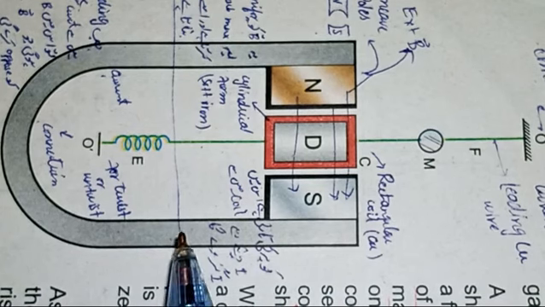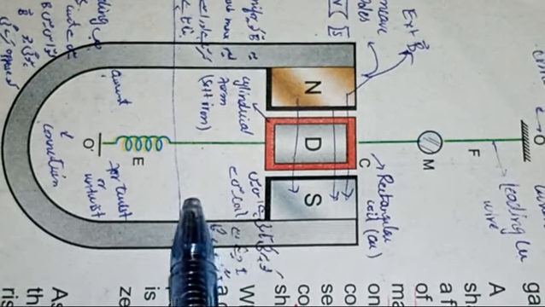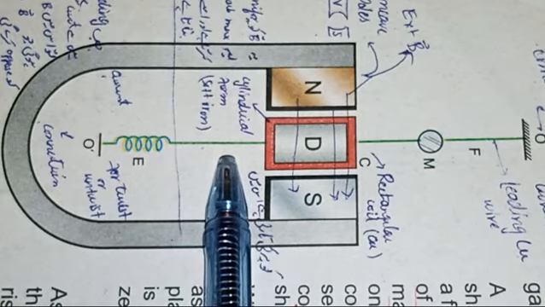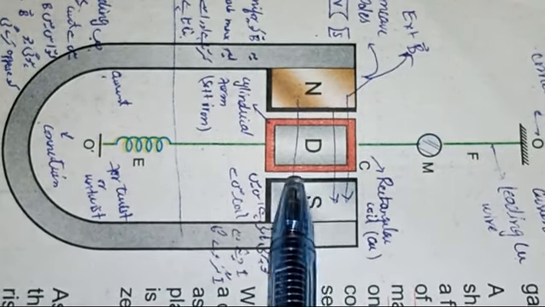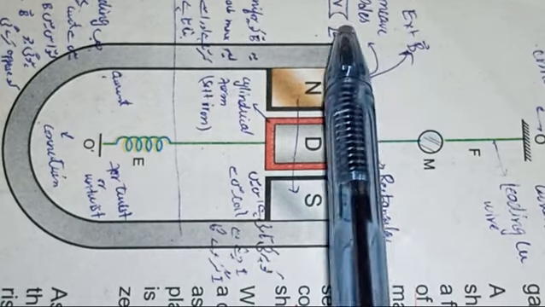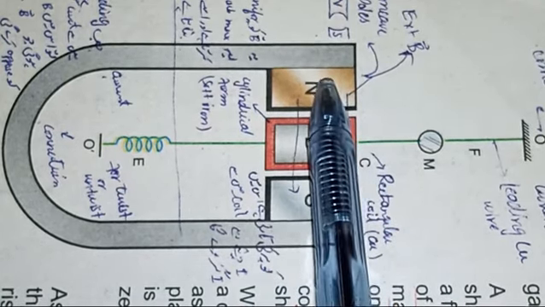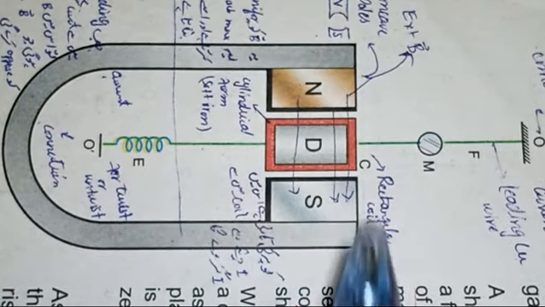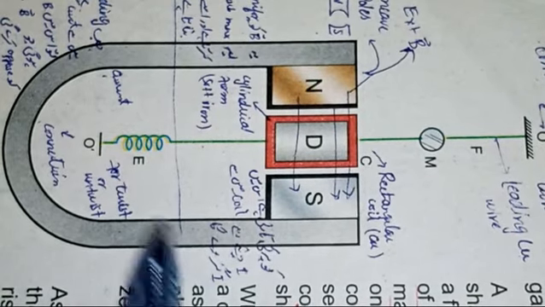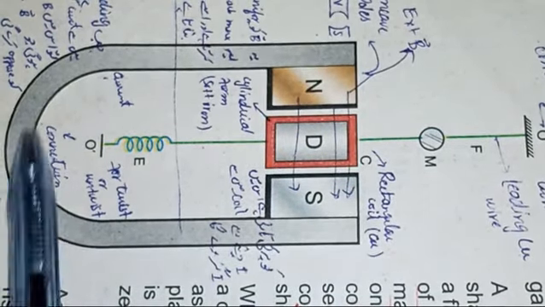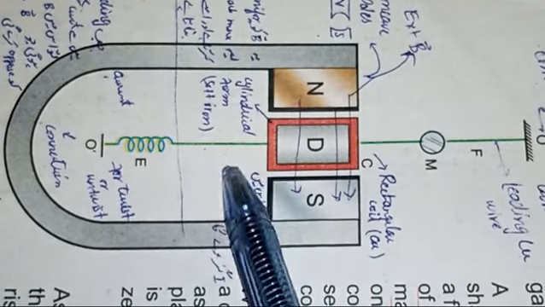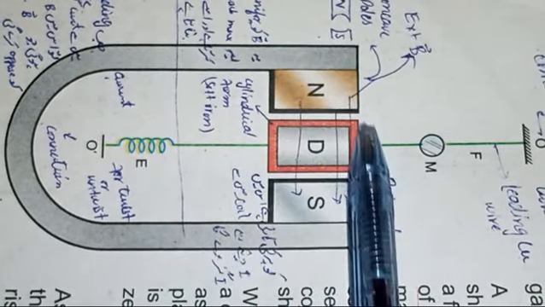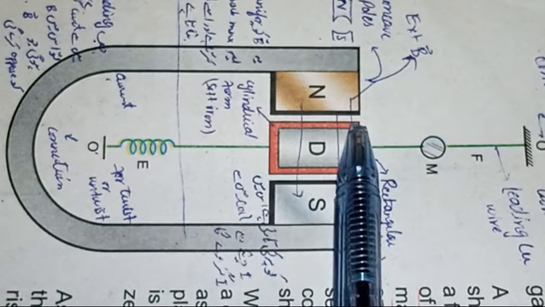This is the diagram we have discussed in detail. Diagram of moving coil galvanometer. This is a U-shaped magnet. Magnet poles are concave poles, north pole and south pole. U-shaped magnet has concave shaped poles, north pole and south pole, while there is a coil in rectangular form,